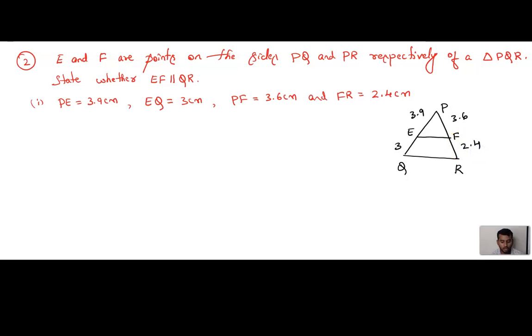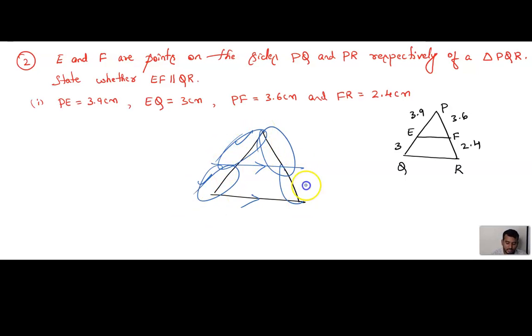Right? Now, by assuming that EF is parallel to QR, let me apply BPT. देखो बेटा, एक चीज कॉमन है इसमें. If one side is parallel to the other side, then it divides the other two sides proportionally. इसका मतलब, it means we have one triangle. This is one side. If this side is parallel to this, then this side is proportional to this. Means this side by this side. This side by this side. कब होता, ये दो पैरेलल हुए तो.